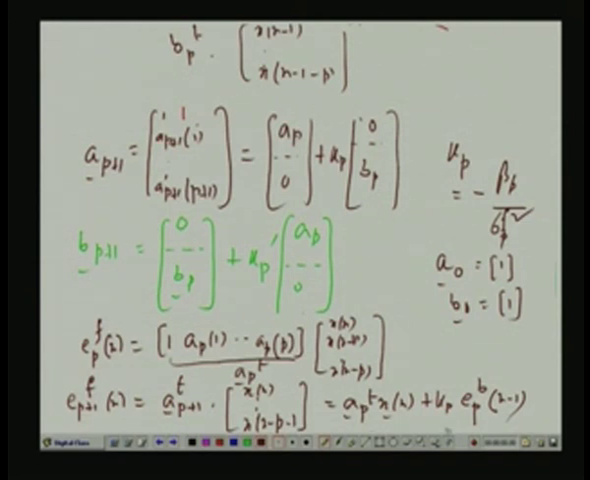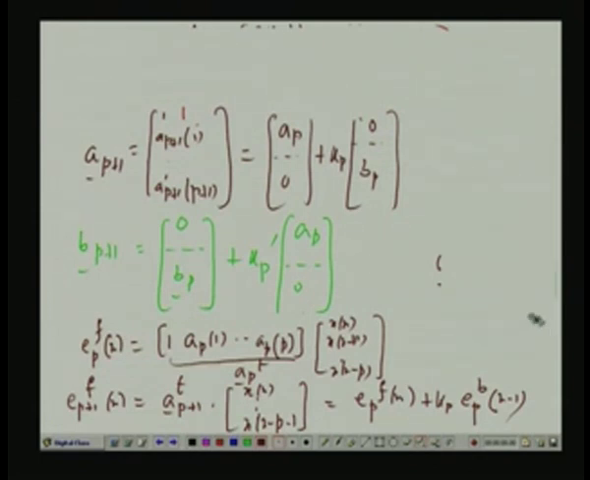And what is the AP transpose xn? We have already seen, from previously, this is EPFN. Similarly, EP plus 1, this is a very important equation: EP plus 1 Fn is EPFN plus Kp times EPB n minus 1. Then the question is, what is